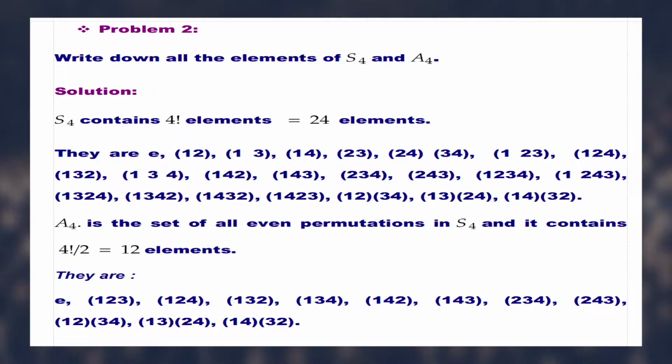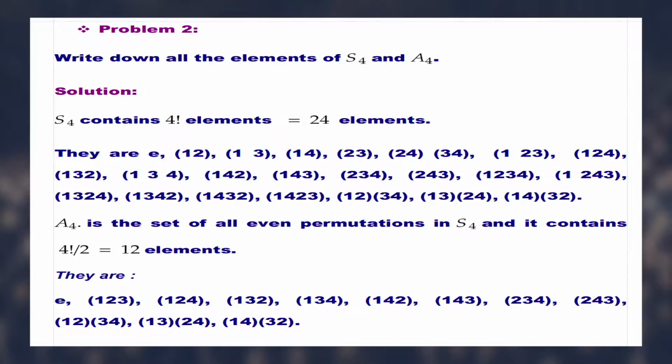Finally, let us see the next problem for our clarification towards An and Sn. The second problem is, write down all the elements of S4 and A4. The solution is, S4 contains 4 factorial elements, equal to 24 elements. They are identity, cycle 1, 2, cycle 1, 3, cycle 1, 4, cycle 2, 3, cycle 2, 4, cycle 3, 4, cycle 1, 2, 3, cycle 1, 2, 4, cycle 1, 3, 2, cycle 1, 3, 4, cycle 1, 4,